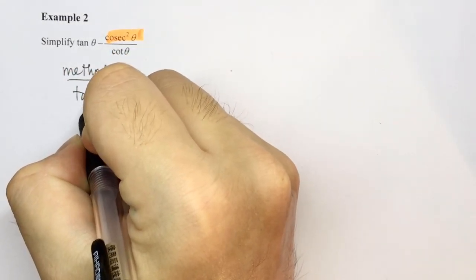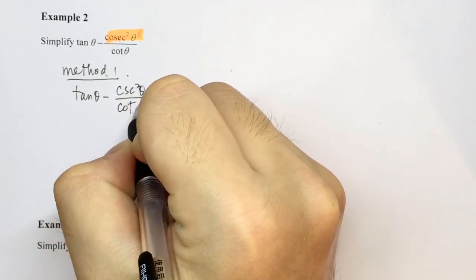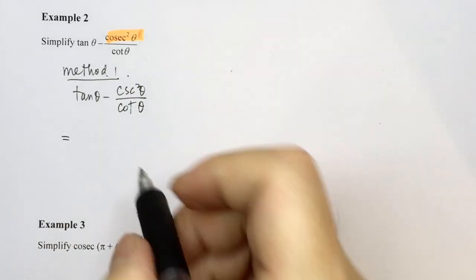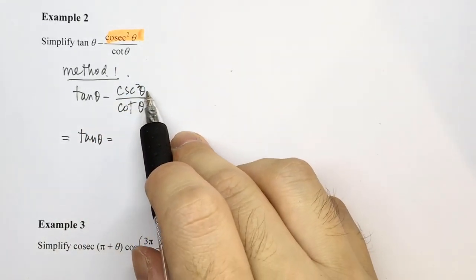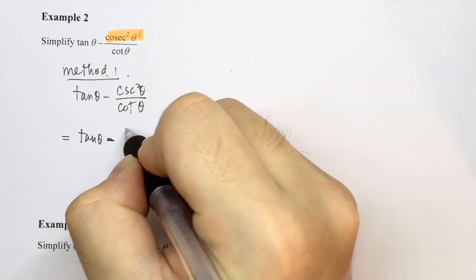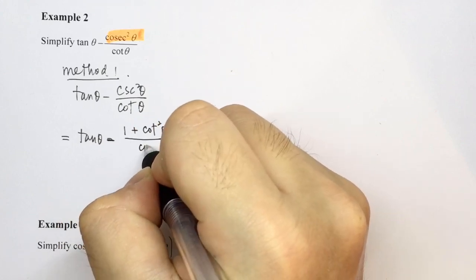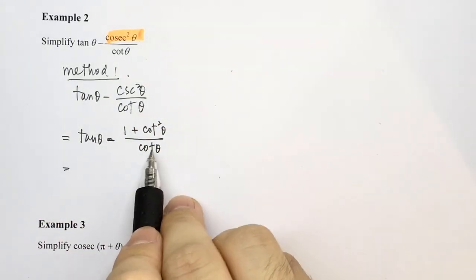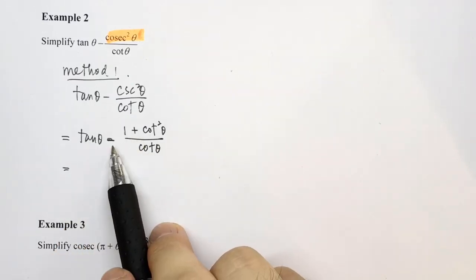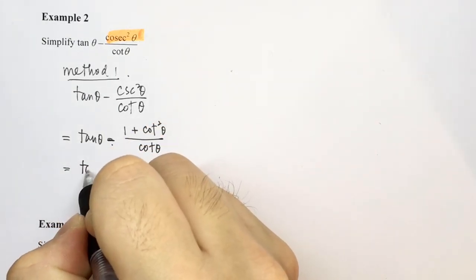So let's do it in this way. You know that cosecant square is actually 1 plus cotangent square theta. And then we can split it into two fractions, and you need to take care of this negative sign because we have negative of the whole numerator. So instead, we should have